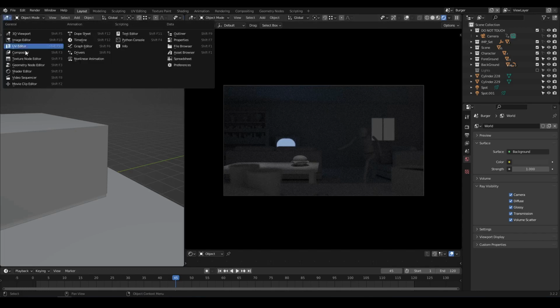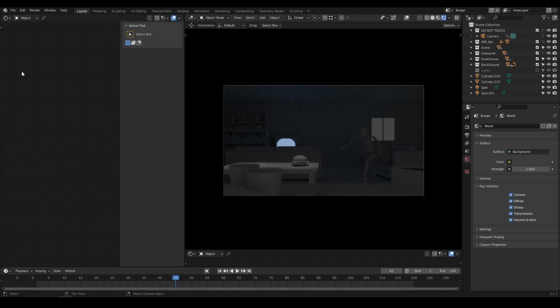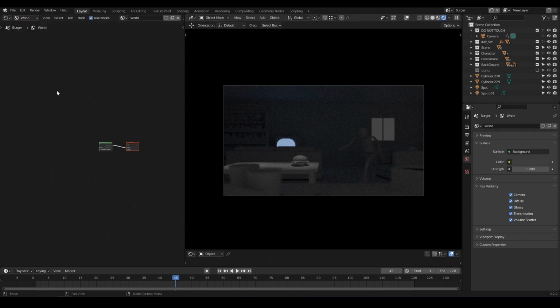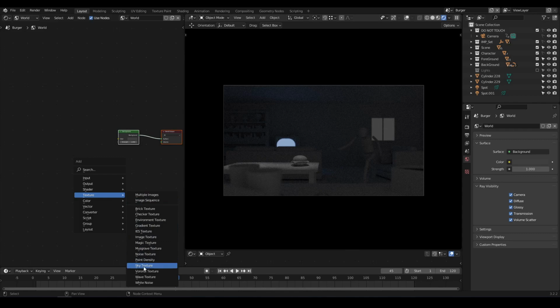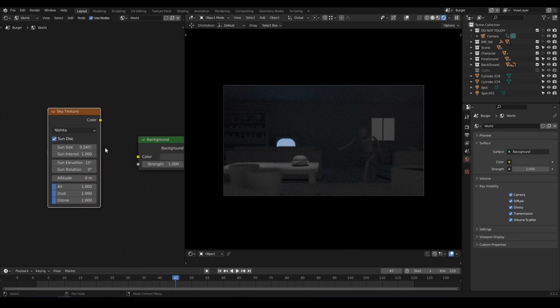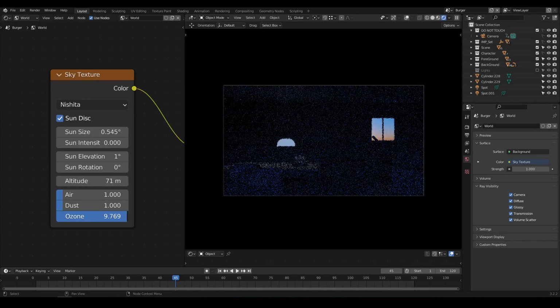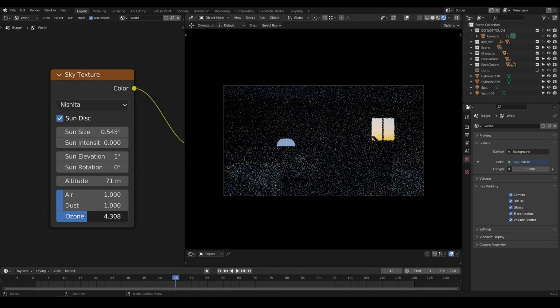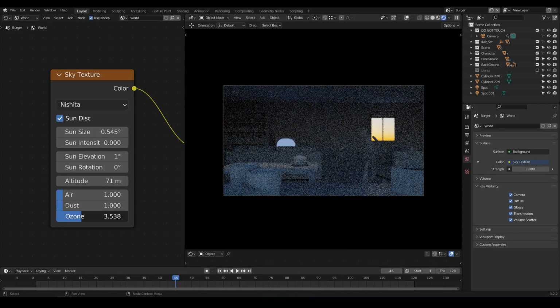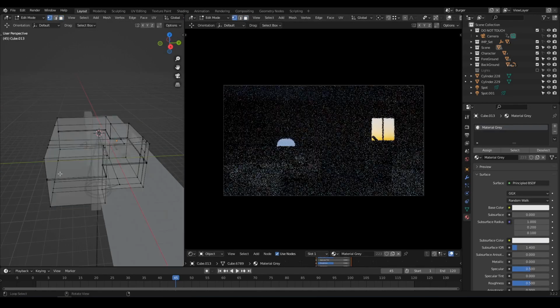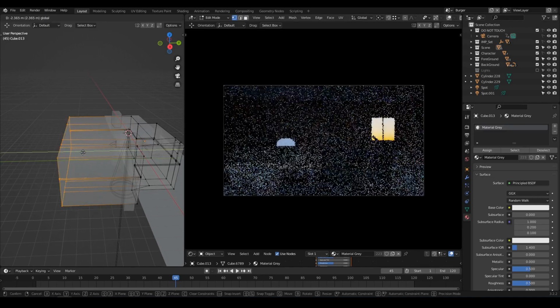So if I switch to the shader editor and I set it to world, this is where I can use nodes to manipulate my world. I'm just gonna add what is called a sky texture, which simulates a real sky, and then just adjust its settings to have like a setting sun with a thick atmosphere, which will give us this kind of bluish lighting throughout the scene. And I'm just adjusting my walls to make sure there is not too much light coming in